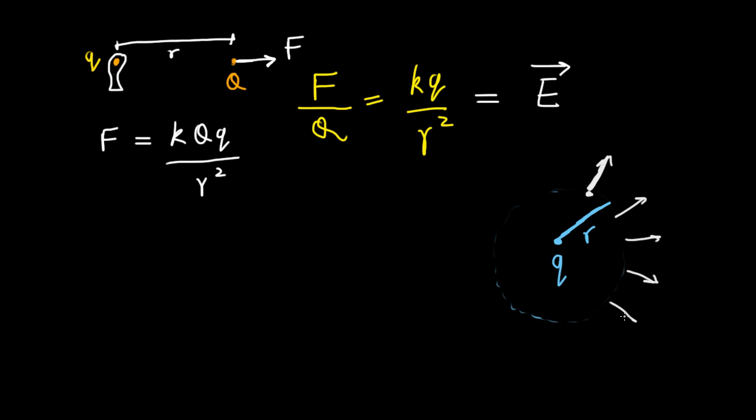I'll draw a rough diagram here, not a precise one. It looks something like this, and all these arrows are of the same magnitude